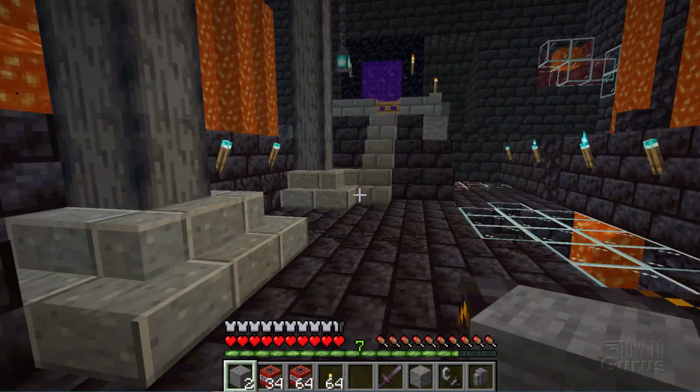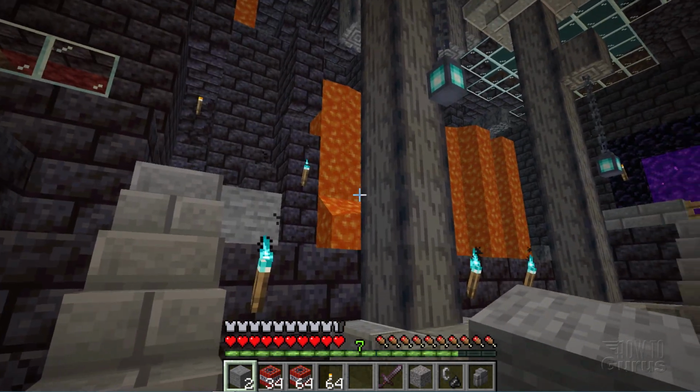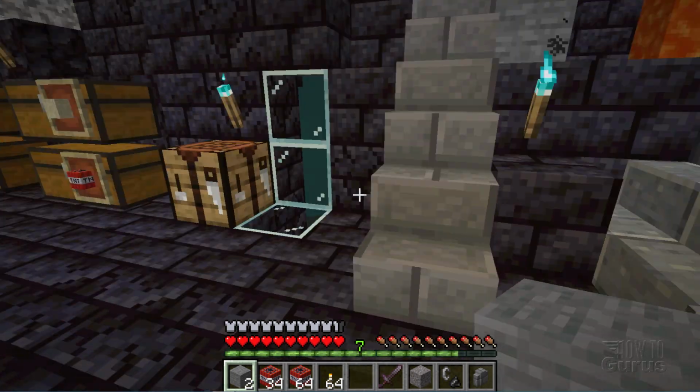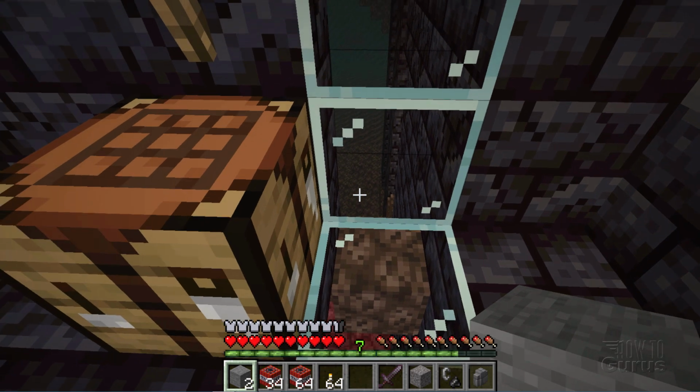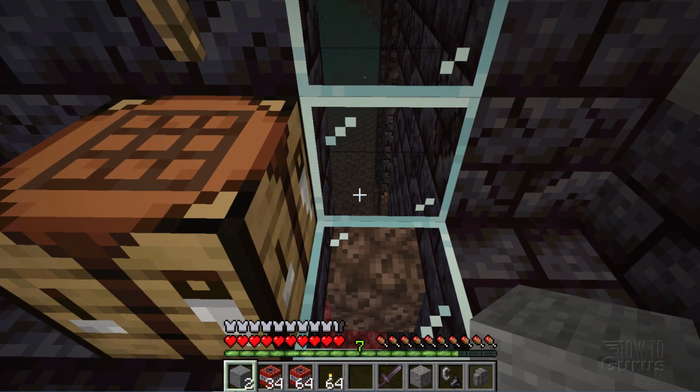Now to start this, I decided to dig down behind one of these walls in here. Now the reason for that is if we look outside here, there's the bastion, and it goes straight down to the base level down here. You need to get down to level 13, approximately level Y13. The surface of the lava oceans is at about Y32, so you have to go down about 19, 20 blocks